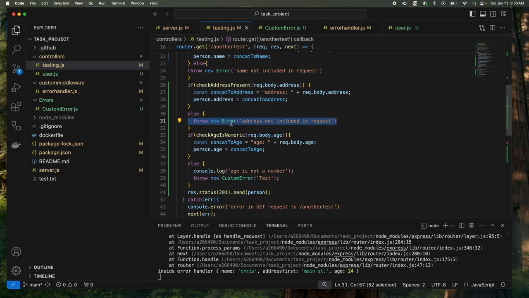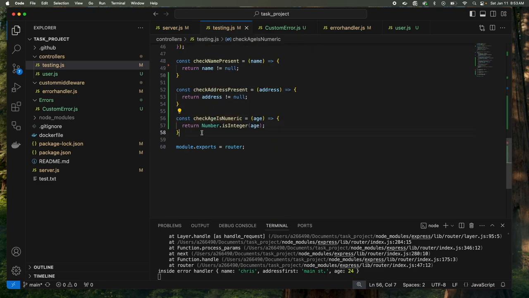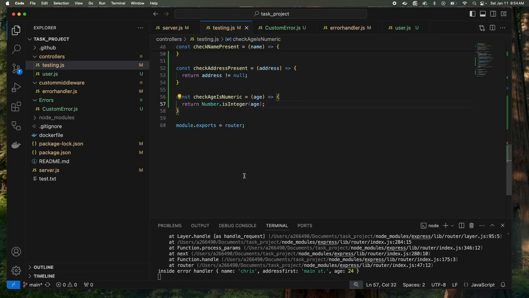So I don't think this is bad either. You're still throwing the same error type. This is just the same error constructor, but you're just changing the string that is input in the constructor. And this is fine and this works. You could also, as can be exemplified in this section where we are checking if the age is a numeric number, look at my function here: we're just checking to make sure that this is an integer and doesn't come in as a string. So if I go back,